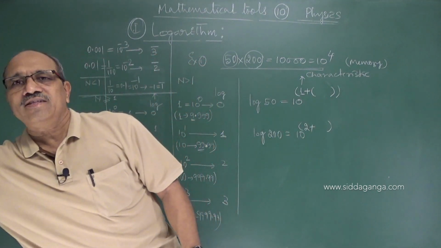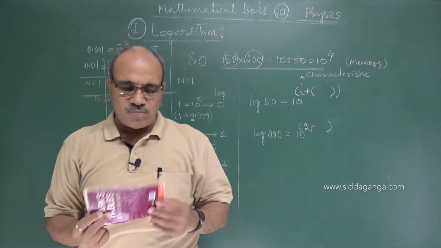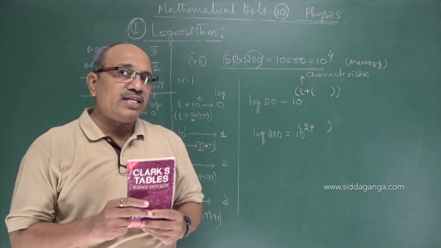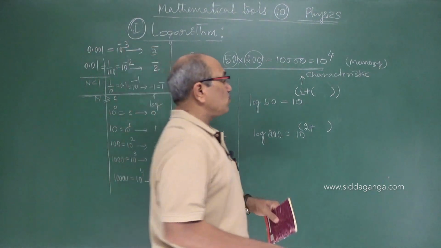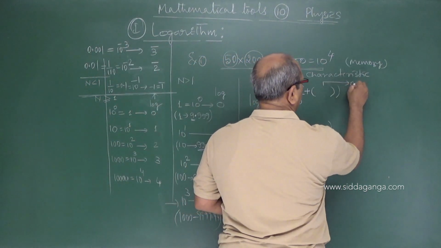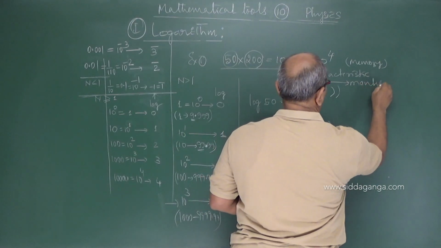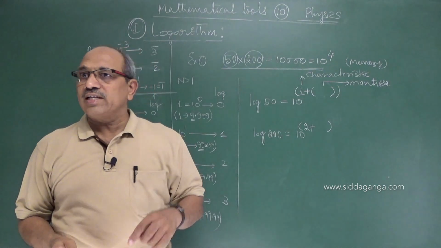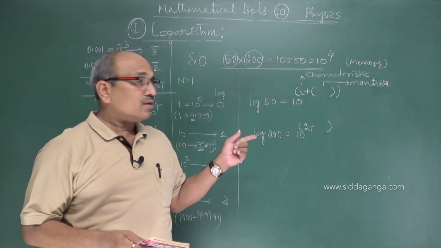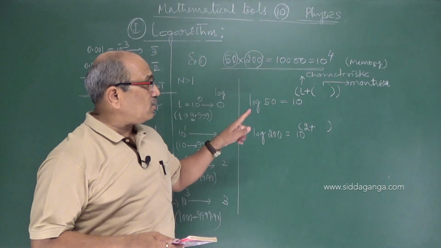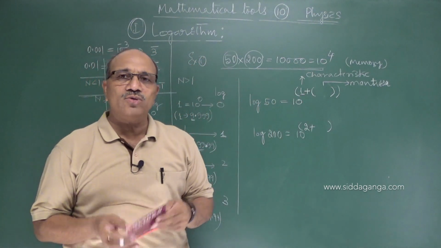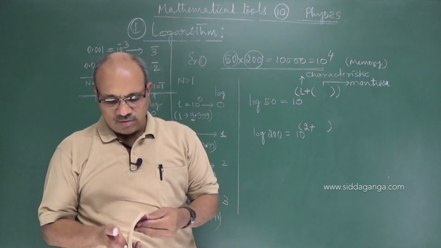For this, the help is the log book, the log table. This gives the fraction, which we call the mantissa. This mantissa, when added, gives you the log of 50. How to use this table? If you open it,